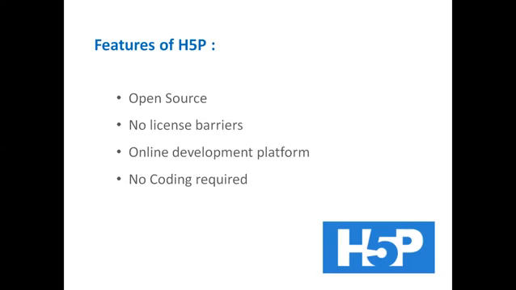And then another important thing is it's an online development platform. Suppose you want to download some software, it needs some system requirements. Minimum it needs 8 GB RAM. When you are working on Photoshop, it needs a minimum of 4 GB RAM, and you have to pay for that software.